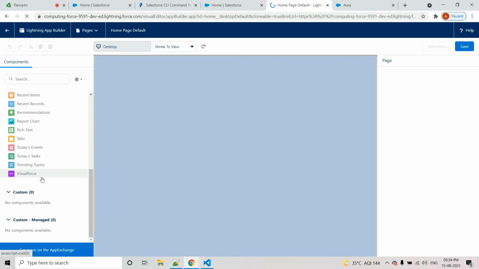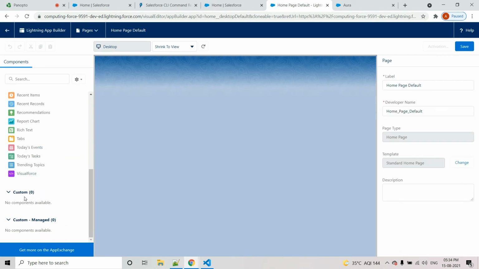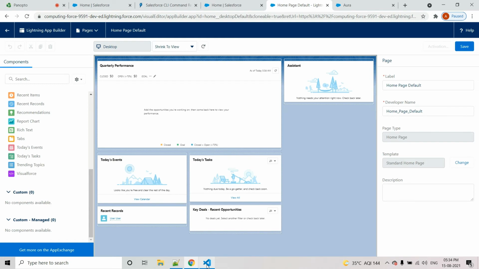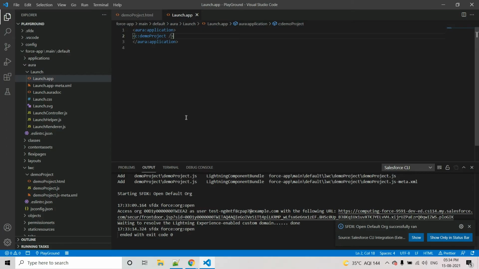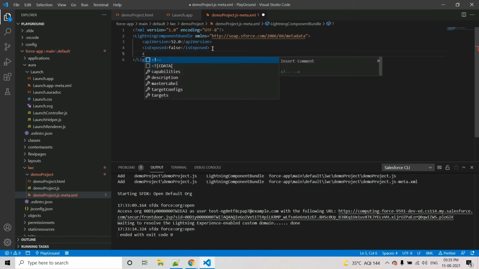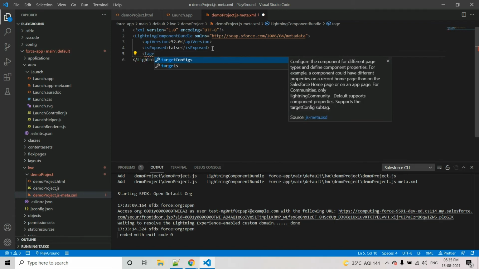So if we scroll down, you can see that the custom component count is 0. Nothing is being displayed right now. So we will navigate to our XML part, just click on it, and we have to make some modification here so that this component will get displayed on the home page. So I will write a few lines of code for this.